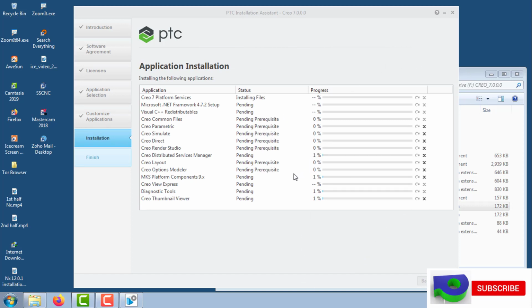and selecting next, and it may take around 30 minutes to 1 hour based on the system performance. So I'm just pausing the video.